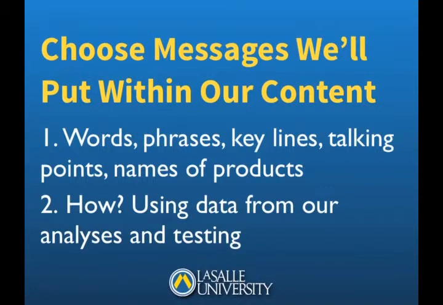The other thing online is that we don't just need to make assumptions. Everything online is what we call measurable. That way, if you send out an email, you can do something called an A/B test, and you could have different subject lines for your emails. You can have different types of blog posts, and then you can see which ones get opened more or which ones get more traffic. When you post things on Facebook, you can actually see this type of picture is getting more shares than another type of picture.